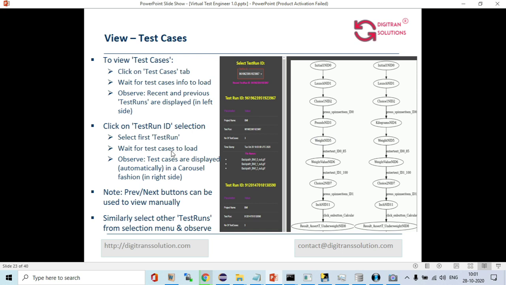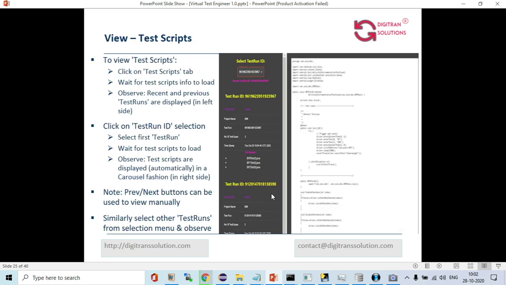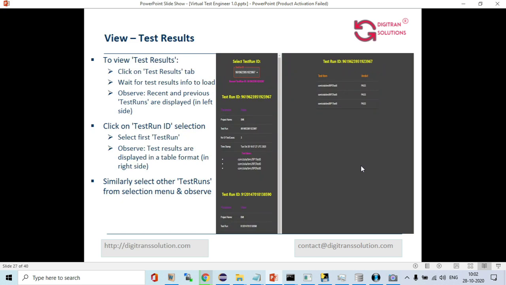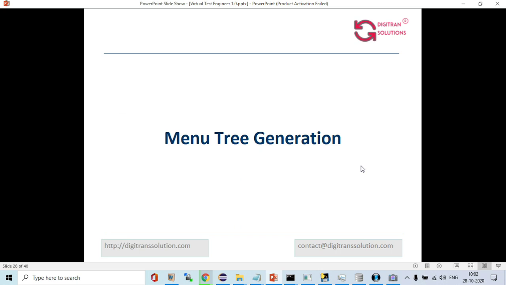We went through different test runs also. We clicked the previous and next buttons and saw the test cases. The same way for test scripts, we saw the Java code generated. Then the test results, we saw the results of different test runs.